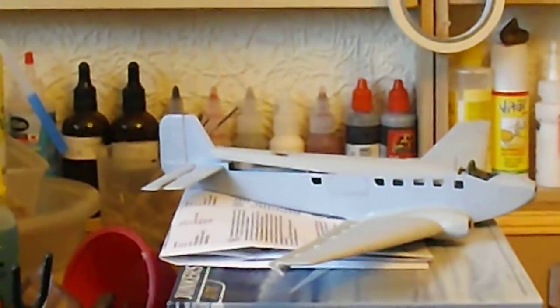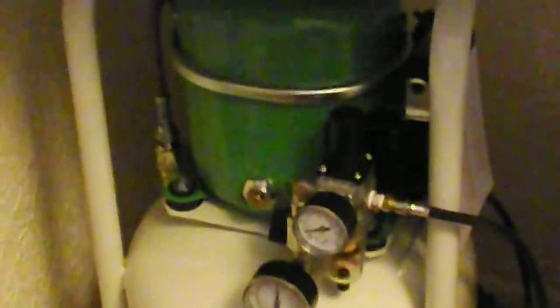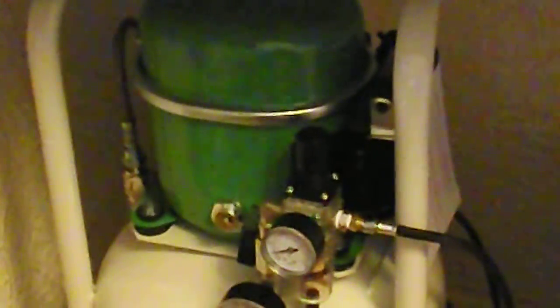And what else is new today? Yeah, I've got a new model to show you. Just let me try and get this compressor to kick in. It's a hard task. Doesn't want to fire up, doesn't want to play games, but it is really quiet when it does come on. I know this is going to be a little bit of a poor quality video because of the light down there, but